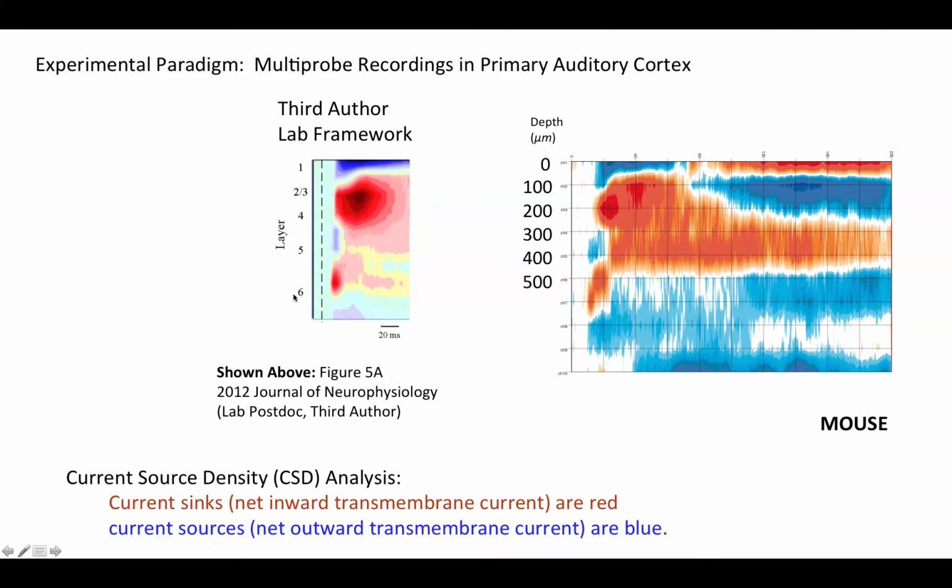Now, in that figure that I showed you earlier from 2007, there was a quantitative approach to presenting the data, and there was a quantitative y-axis. But the lab has recently adopted this trend of avoiding a quantitative y-axis, and instead they have this categorical y-axis where they have an assignment of layers. And they clearly peg both layer 4 and layer 2, 3 on this very superficial sink, which is really at a depth of only 100 to 200 microns, which is simply not layer 4. This is a very superficial sink, and that's not founded. And they peg layer 6 on this early sink, which just happens to be in the middle layers at a depth of 500 microns.